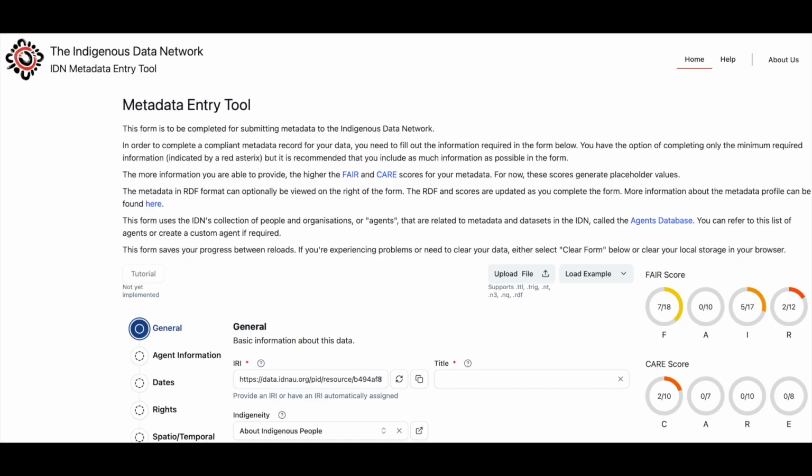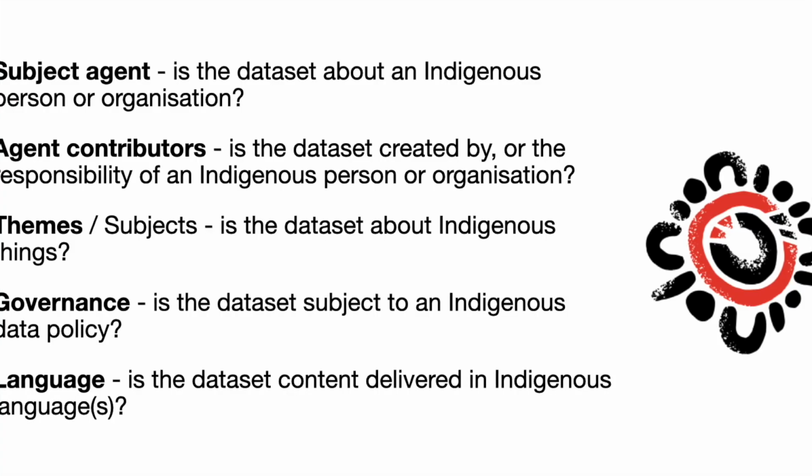You can use this tool to create records for various types of content, which we'll call datasets, such as documents, video content, or even sound recordings. The Metadata Entry Tool supports creation of Indigenous datasets. What are Indigenous datasets? There are a number of factors used to identify and evaluate datasets for their connection and relation to Indigenous culture, such as